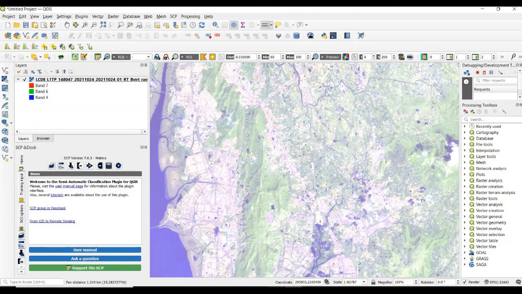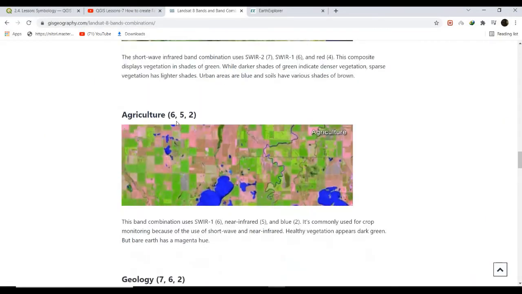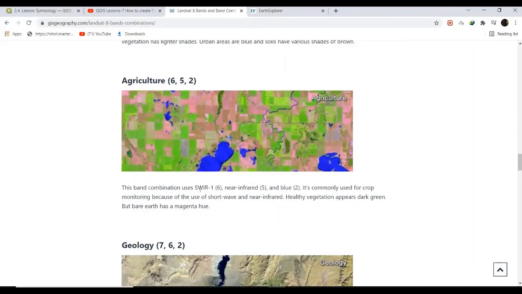Now we are going to apply agriculture 652. This band combination uses short wave infrared 6, near infrared 5 and blue. It is commonly used for crop monitoring because of the use of short wave infrared and near infrared.